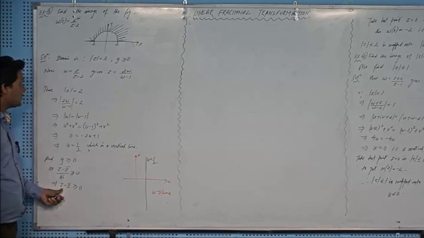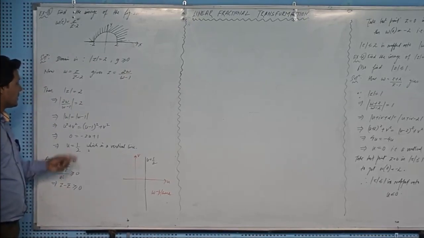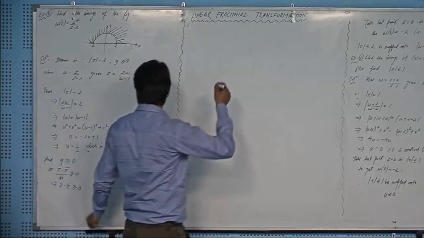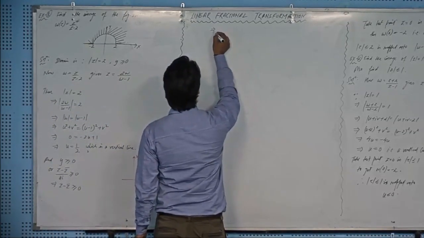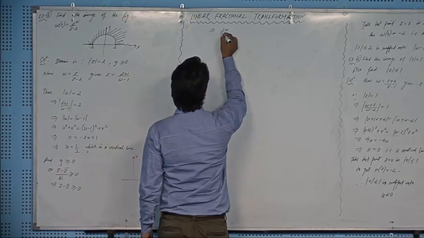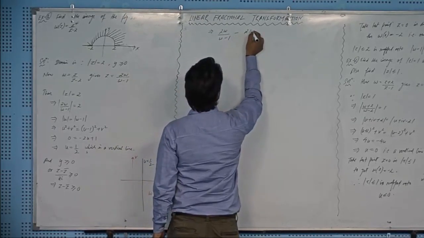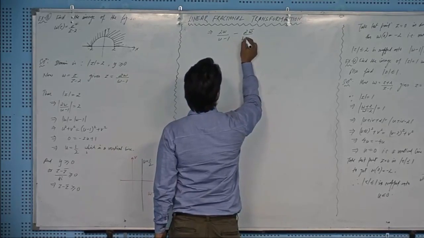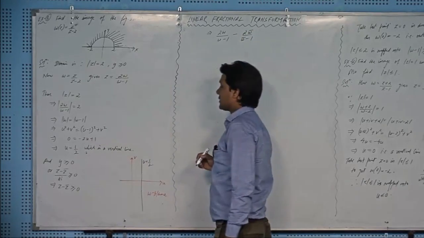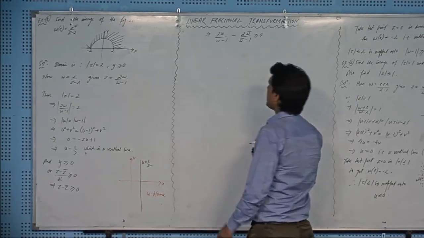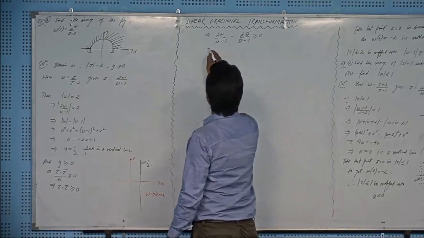But now what do I need? I need the values of z and z bar. From here I will plug those values here, right, and that will give me the value of z is twice of w over w minus 1 minus twice of w bar over w bar minus 1, right? Okay, and that should be greater than or equal to 0, and on simplifying it I will be having